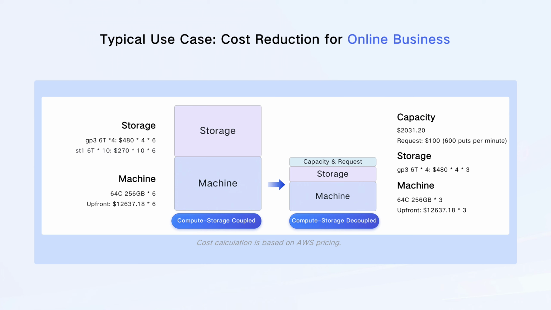Take the user on the slides, for example. We compared their setup in both the coupled and the decoupled modes. In the coupled mode, they needed 6 machines on AWS with an upfront pricing model. But after switching to the decoupled mode, they only needed 3 machines. That's because, as we mentioned earlier, data ingestion and compaction processes consume about 70% less compute resources because there's only